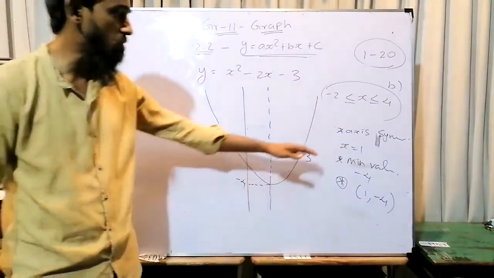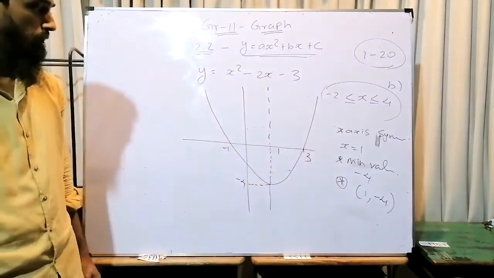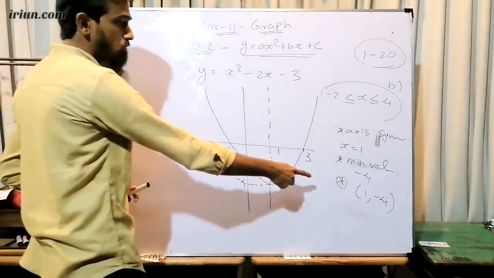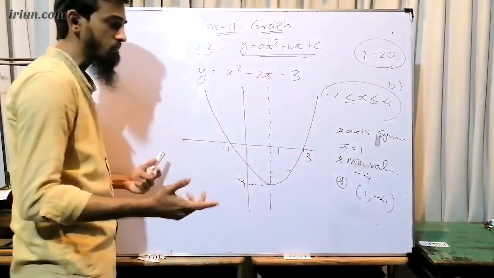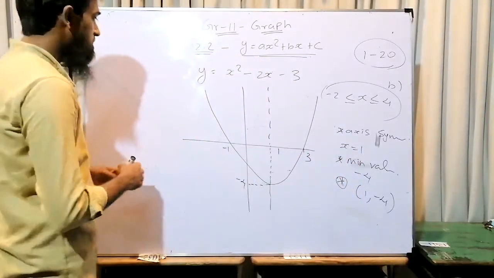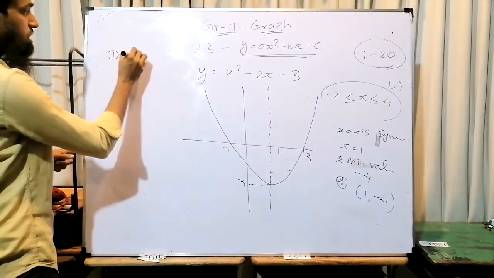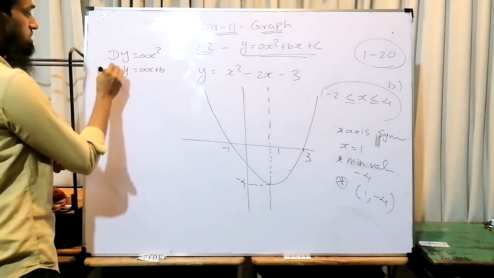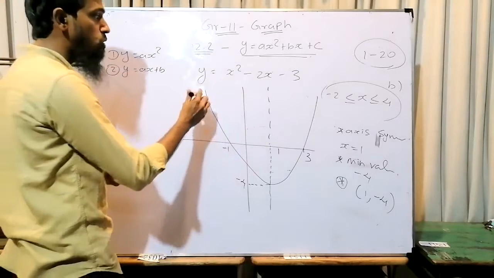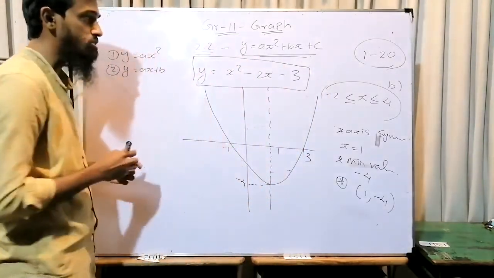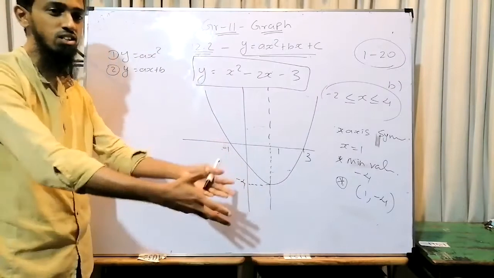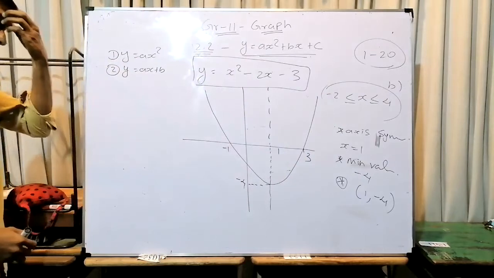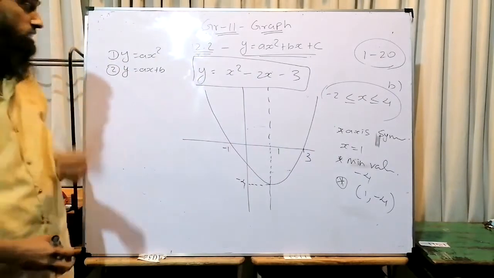So the basic three questions we can answer by using the graph. After drawing the graph only, we can check the values, -4 and 1. We can't use the equation like y equals ax squared or y equals ax squared plus b. There are no clues in the equation, so we can't say without drawing the graph. Okay, the next part is dealing with the range of values of x.